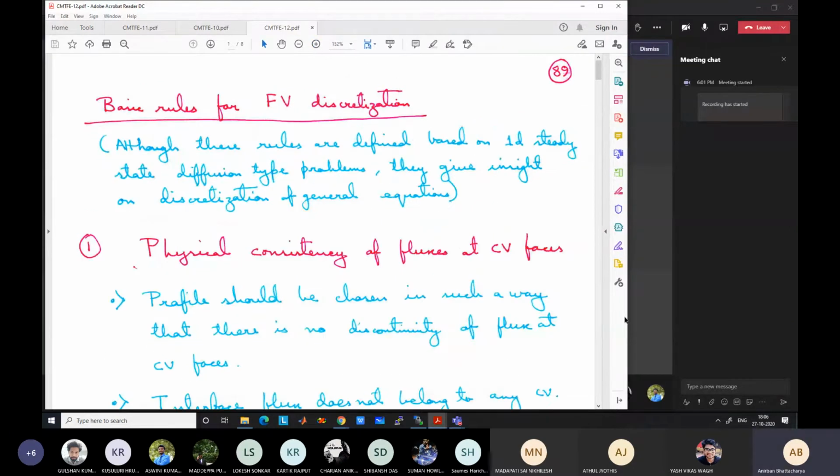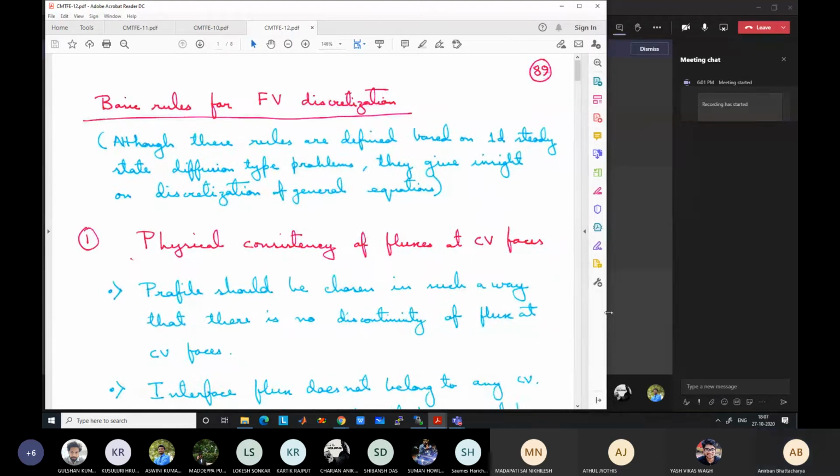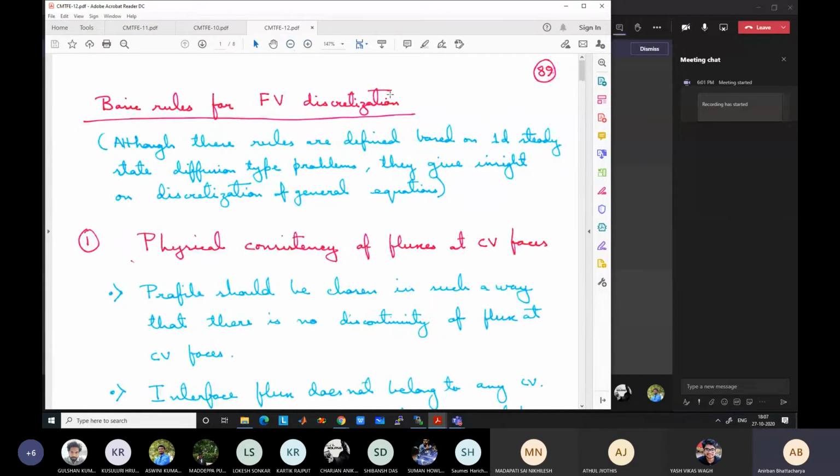Let me just lower the size, it is too large. I hope that every one of you is using a laptop or some other larger screen, because in mobile it may look difficult to read. So what we have done, can you see the screen? Just final confirmation before we start. Yes, sir. Okay, good.